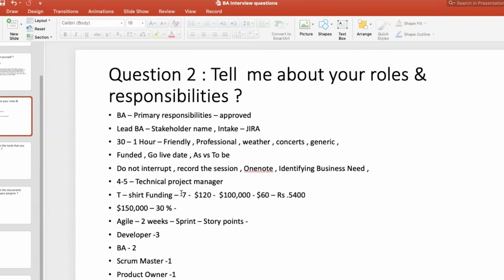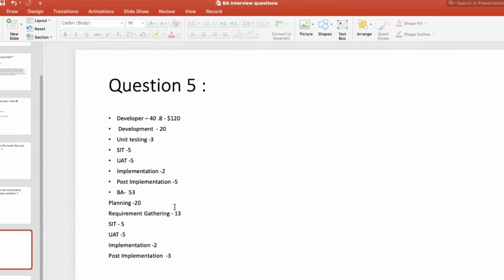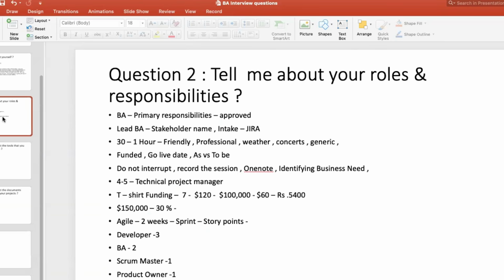You have to convince them, saying, don't think these are exact work hours, exact story points. Developers have to do more than that, and that 30% buffer is usually for that. If we finish everything on time, there are no defects, and everything goes very well, then we are not going to use that extra money, right? It's going to come back to your team, to the business owner itself. That kind of convincing you have to do. Once it is approved, only then are you going to start the next call.